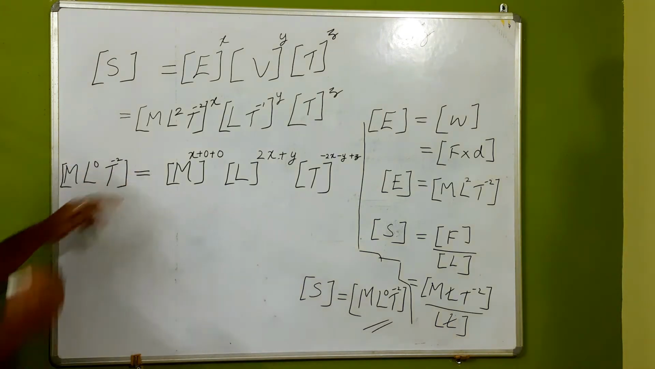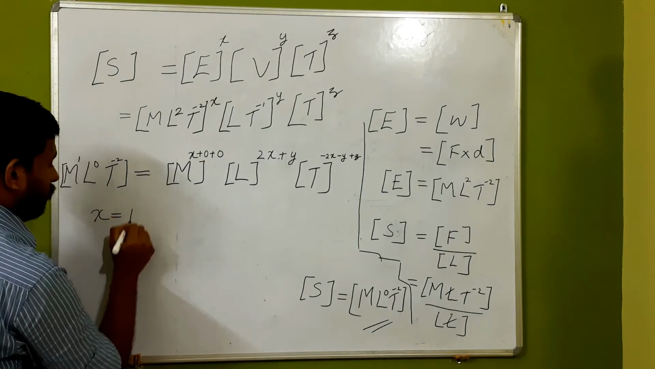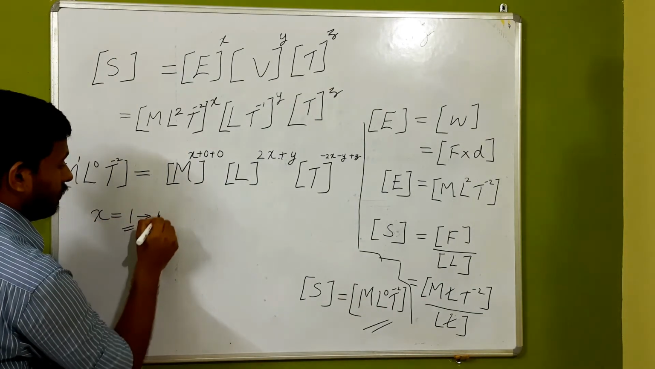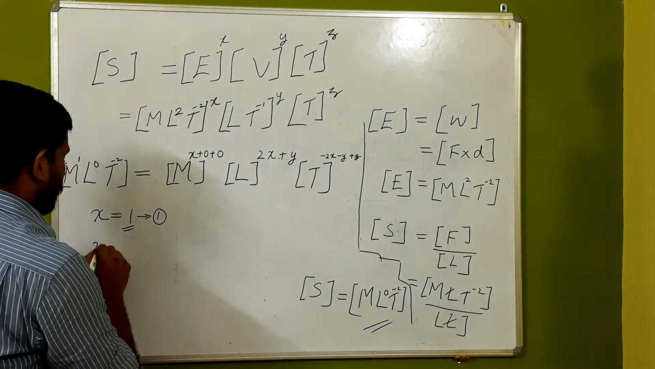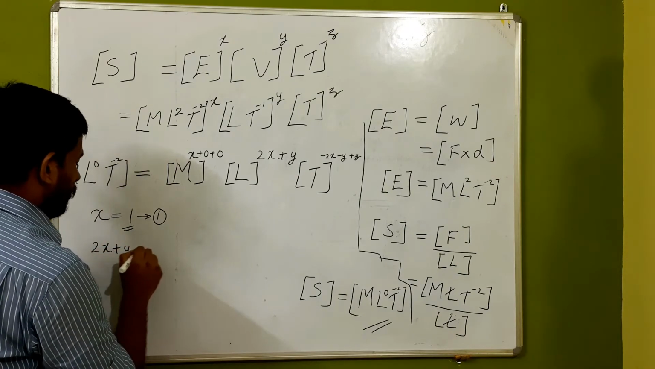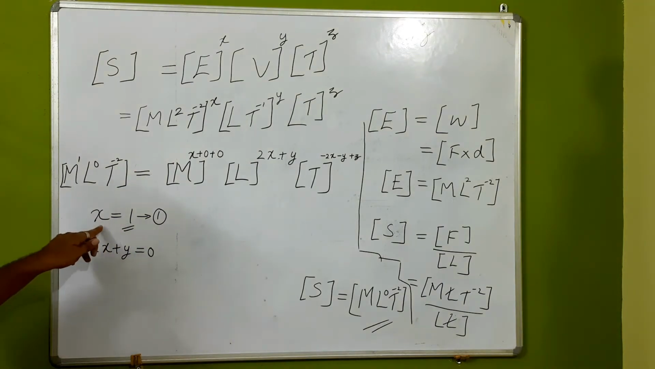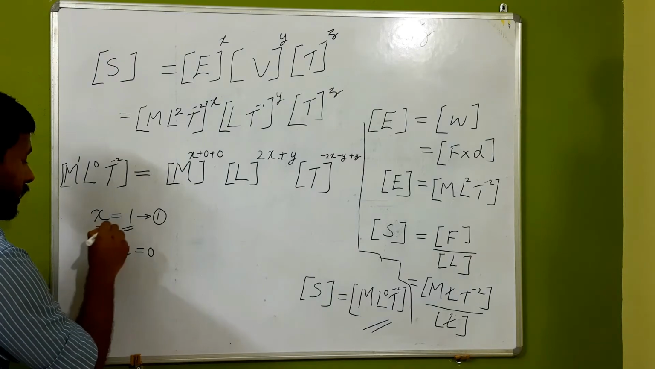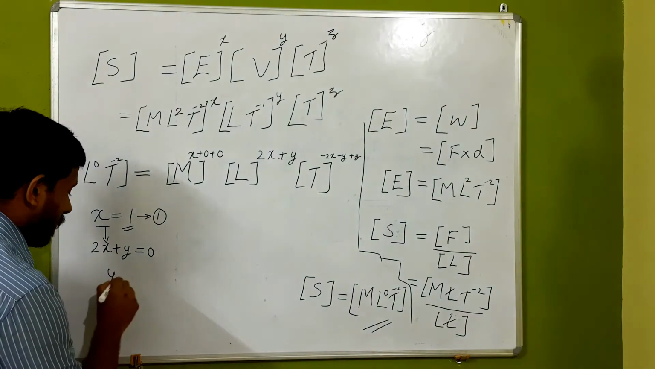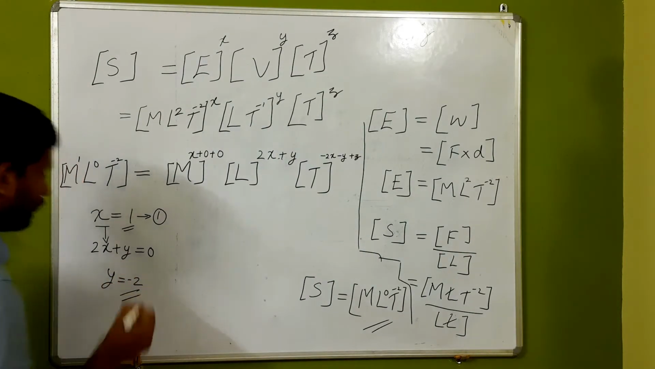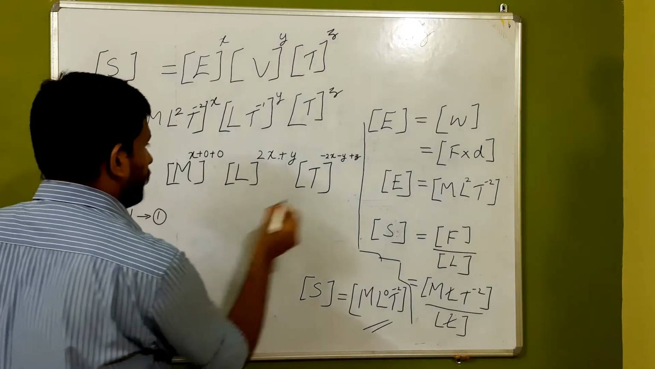So equating these terms, for mass, M raised to 1, we get from the first equation x is equal to 1. The second equation we get is 2x plus y is equal to 0. But we know x is equal to 1. Therefore, substituting x equal to 1, it becomes 2 plus y equal to 0, or y is equal to minus 2. This is the second. And the third we get